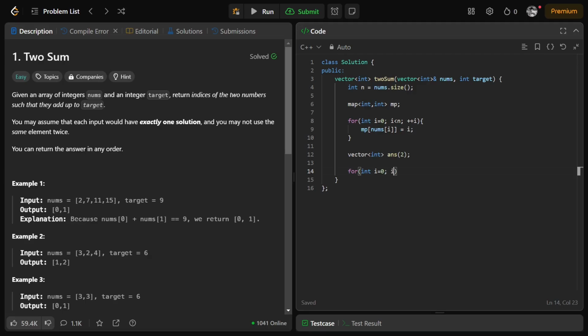Let's traverse the array again. Let's take a variable for the other number. We're subtracting the nums element from the target. Now we will see if we have the other number present. We will do that with mp.count of other number, and that should be true, and